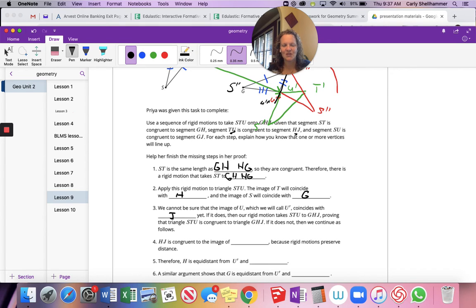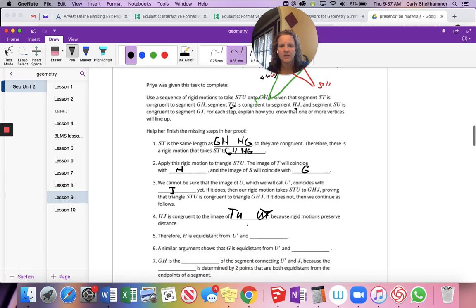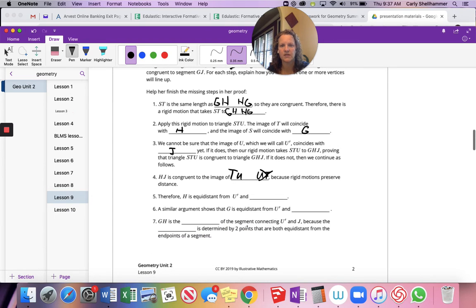HJ is congruent to the image of TU. Or you could say UT. No, you really should say TU because it's the right order. If we look at this statement, TU, HJ, the letters need to be in the same order because those are the vertices that coincide. Because rigid motions preserve distance,